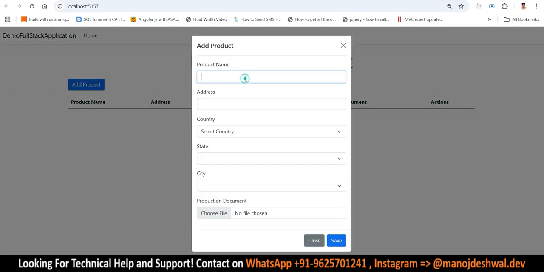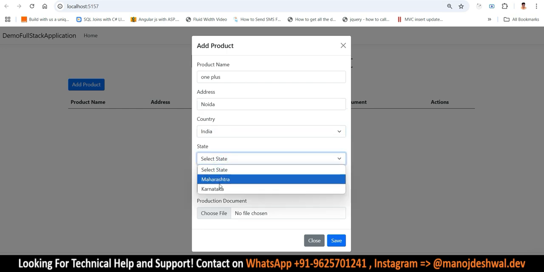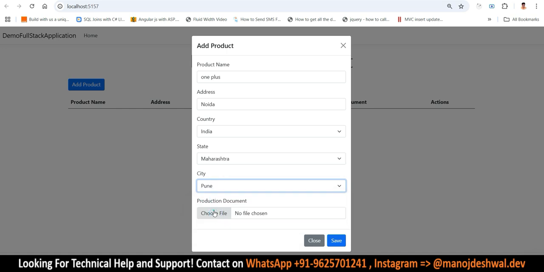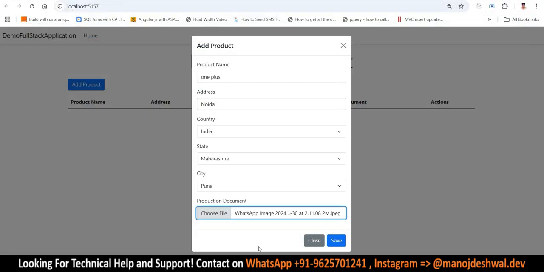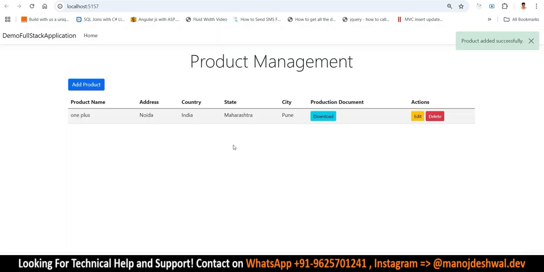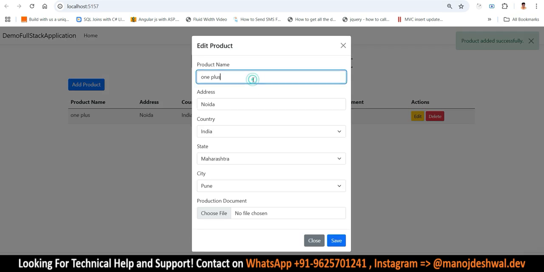So add one plus Noida, country, state, city, document, save. So product added successfully, and let's try to add this one, let's say